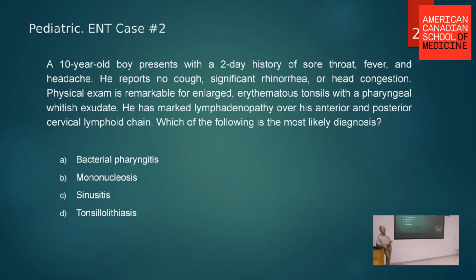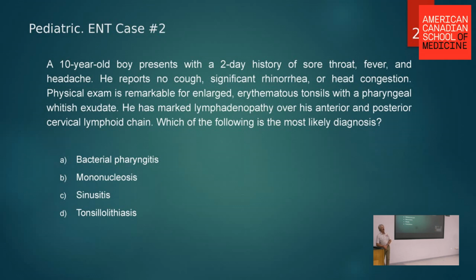PE is remarkable for enlarged erythematous tonsils with a pharyngeal whitish exudate. Marked lymphadenopathy, anterior and posterior cervical lymph node chain. Which of the following is the most likely diagnosis? So we'll start at the bottom,